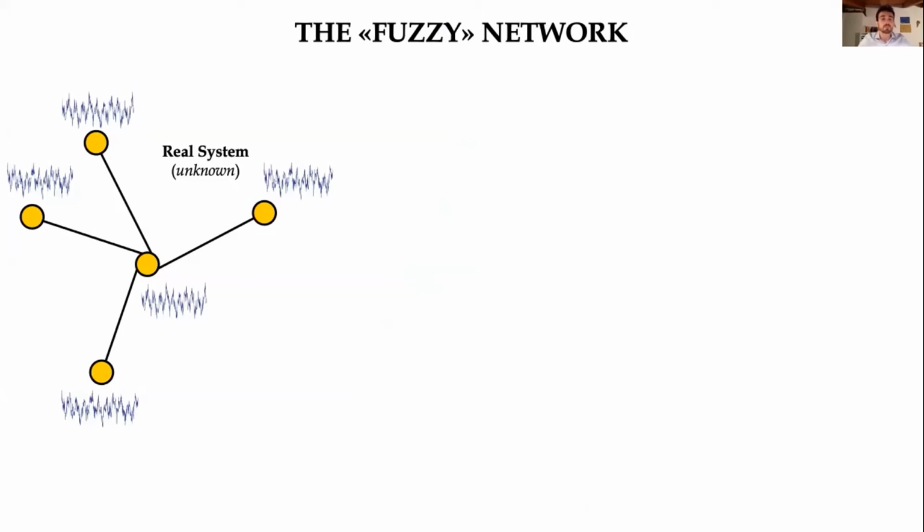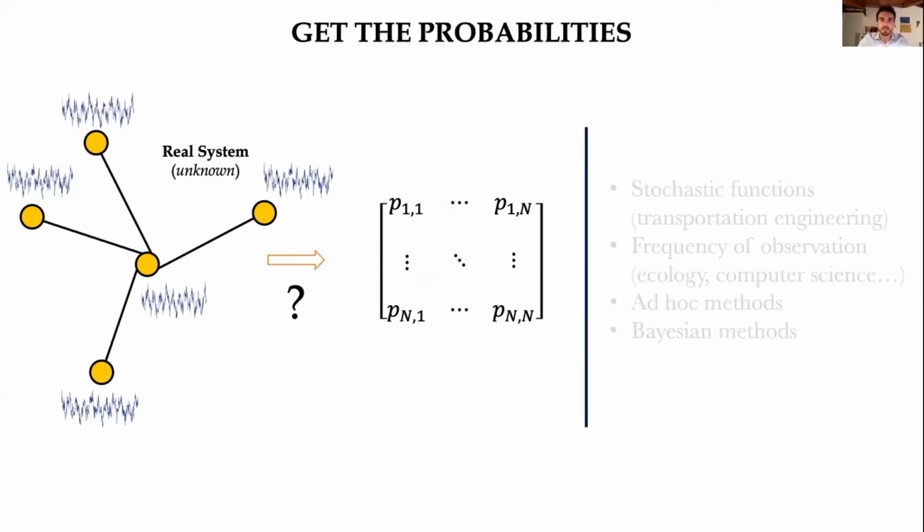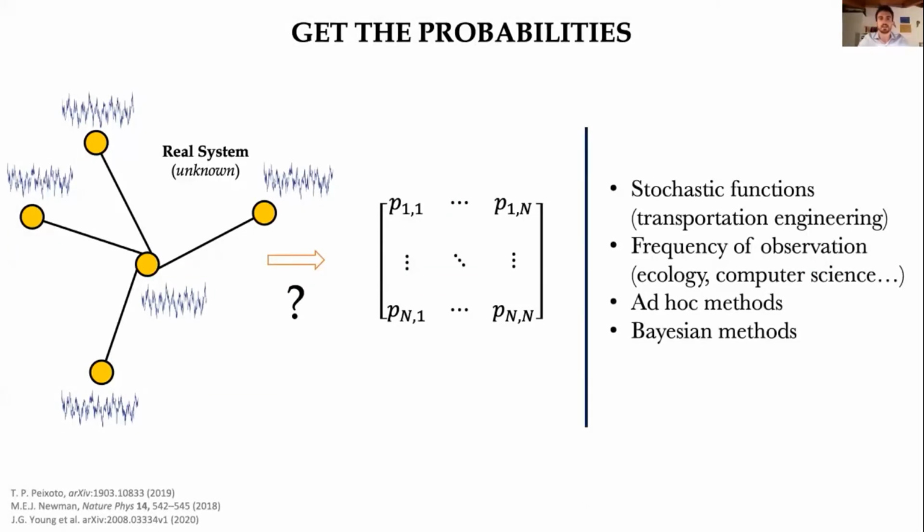We have the data coming from the subsystem, and with this data, we want to compute not just the measure of the interaction, but also the probability of those interactions. The computation of these probabilities is mostly a problem-specific task. In some cases, the probabilities come as given data. In other cases, they are the results from other models, or can be obtained directly from observations. Sometimes also the above-mentioned Bayesian methods can be used.